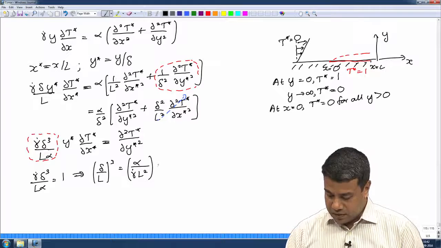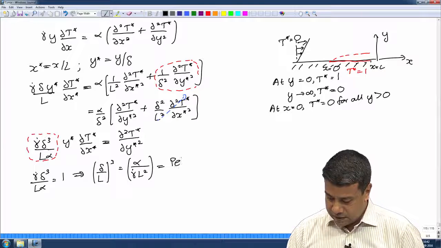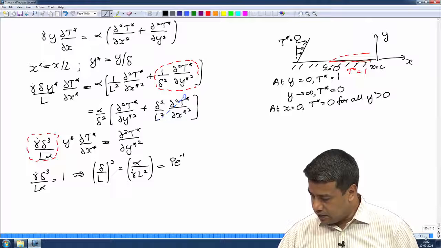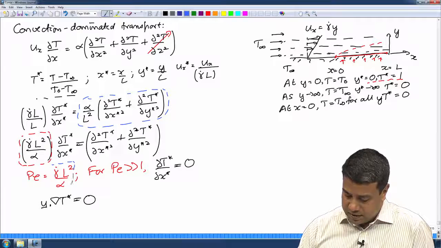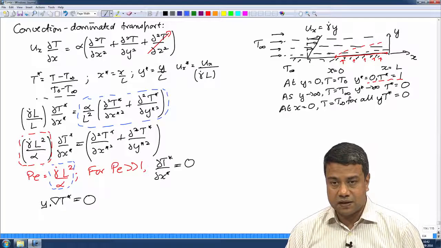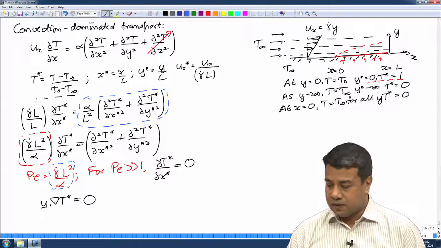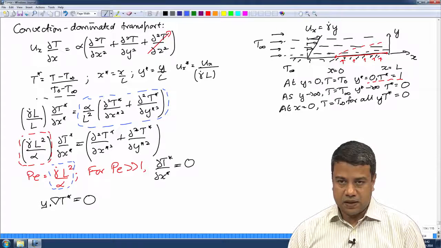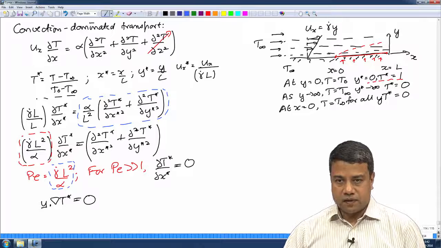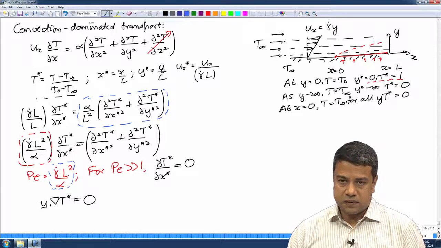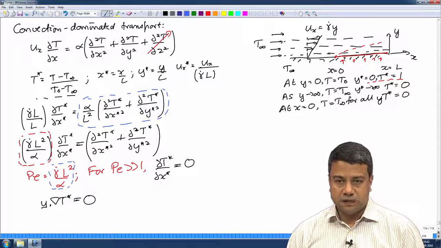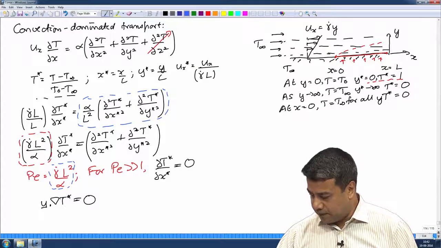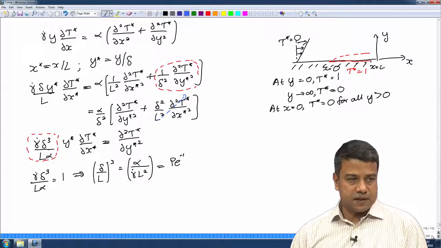And this, as we just saw, was the Peclet number inverse. Okay. If you recall in the previous slide, we had defined the Peclet number as gamma dot L square by alpha. Gamma dot is the strain rate at the surface. It has dimensions of 1 over time because it is the slope of the velocity, okay, the derivative of the velocity with respect to y. Okay. So, it has dimensions of 1 over time, length is length square, and alpha is of course the diffusivity, which is length square per unit time. Okay. So, that is the Peclet number in this case,